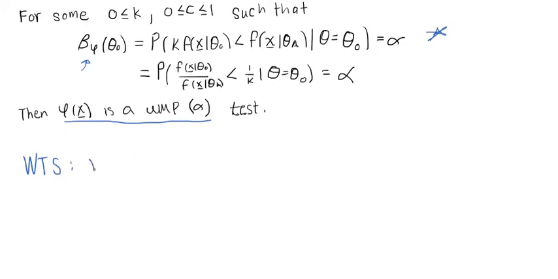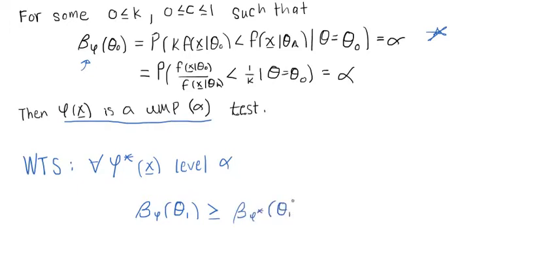That means for any and all other tests phi of x that are level alpha, we have the power function of phi of x, not phi star of x, at theta 1, so theta under the alternative hypothesis, is going to be greater than or equal to